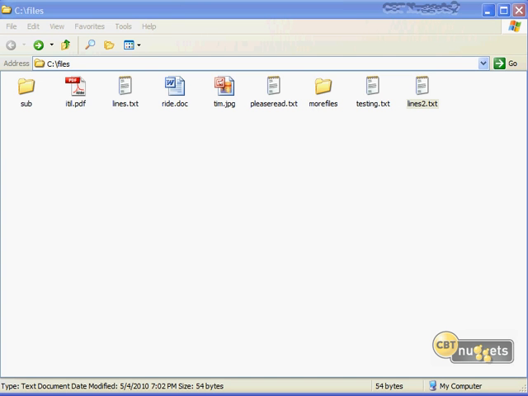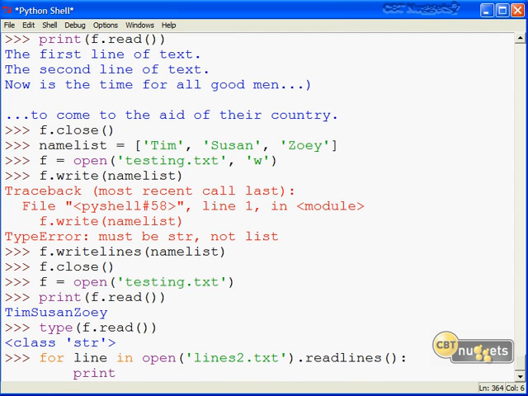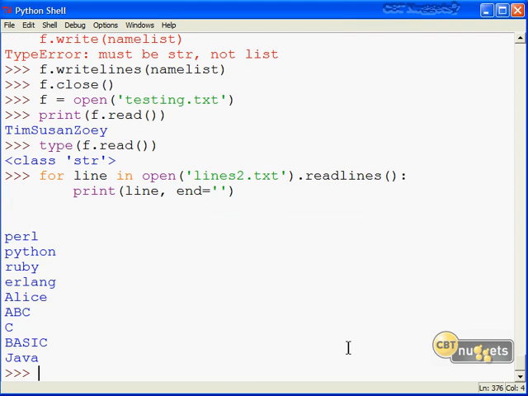And if we come back to the interpreter, I'm going to create a simple for loop here where I say for line in, and then the iterator here is a call to the open function, lines2.text.readlines. Remember, readlines gives us a list of strings as its result. In the for loop, we're simply going to print the value of line, and we're going to end with the EOF, or the empty quotes. See? Really nice memory-efficient way to buzz through the contents of a text file.